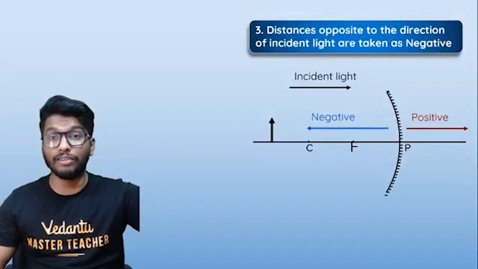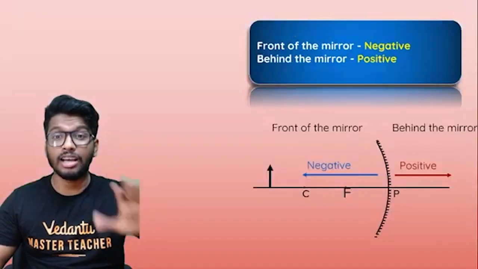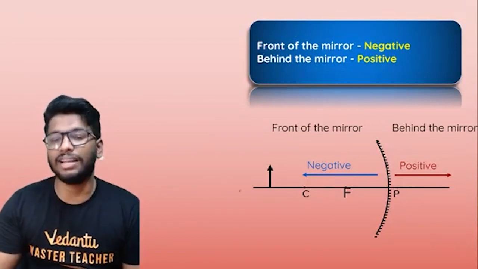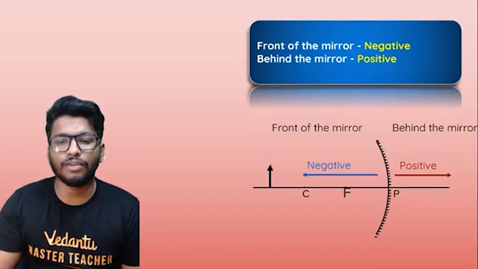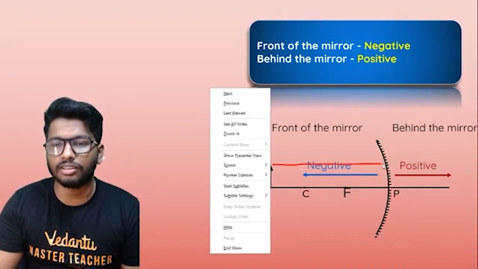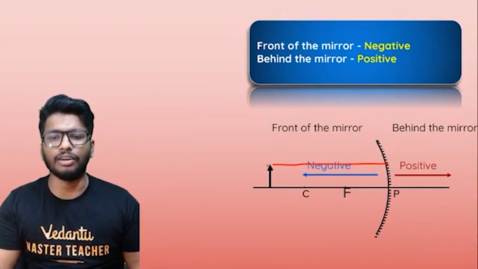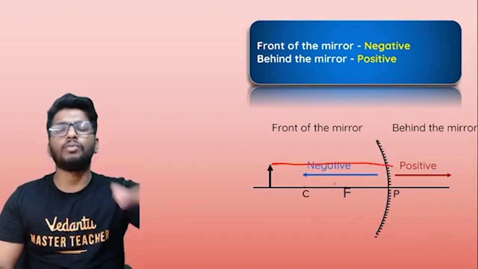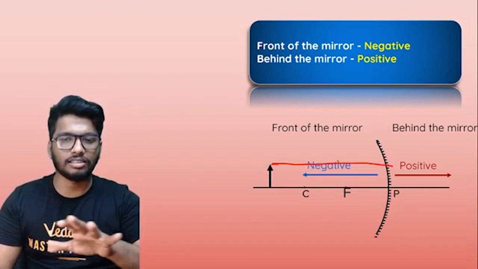Now I'll tell you where we are using it, so do not forget this, guys. So what I'm trying to say is this. See, guys, when an object is placed in front of the mirror, what will happen? The ray of light would basically go and strike the surface. It'll get reflected, and maybe because it's parallel to the principal axis, it'll pass through the focus. So here's the thing. Any distance